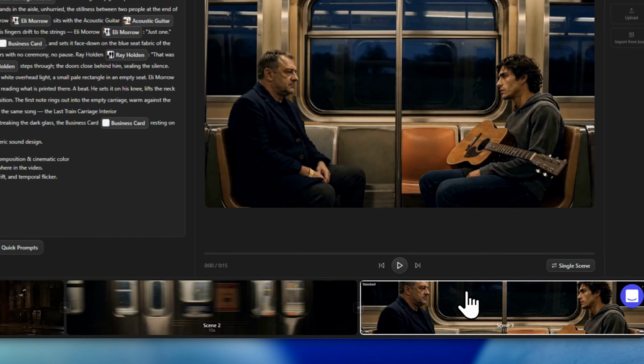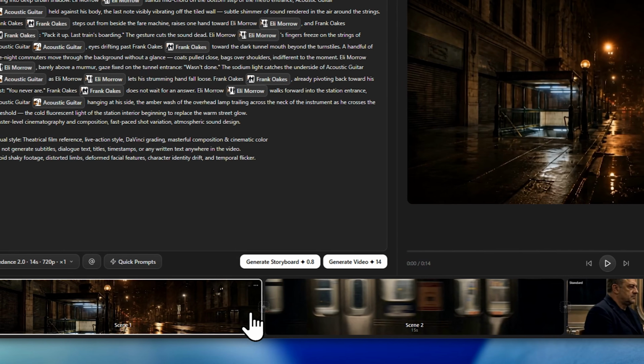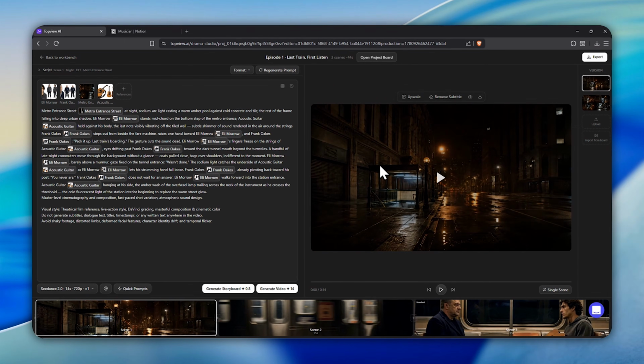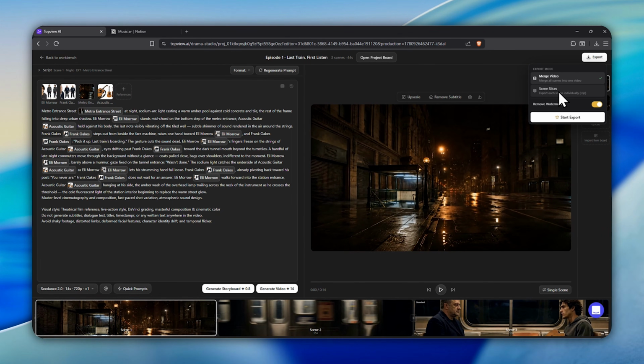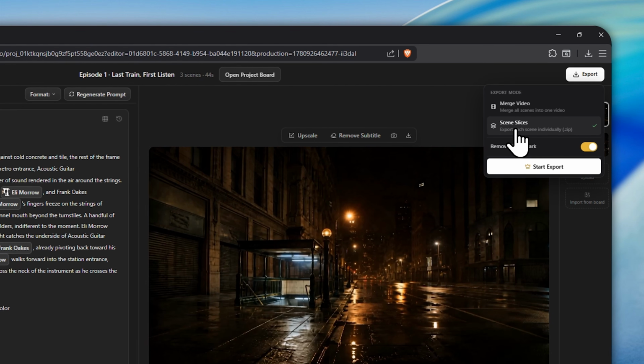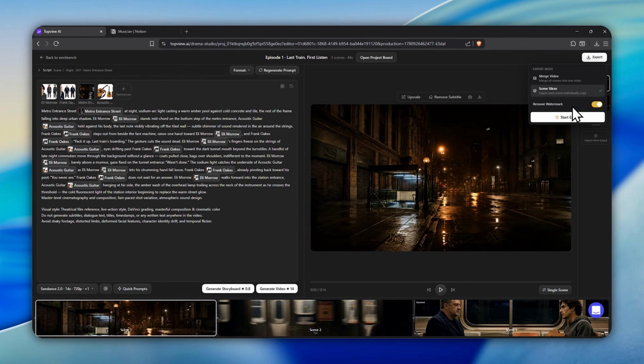Once all 3 generations are done, click the export button. You have the option to export this directly stitched as a merged video, but I chose to download them as sliced scenes. That way, I could easily cut out the scenes I didn't like and clean up any Seedance errors in my editor. I just select the option to remove the watermark and hit start export. So now everything is ready to go, but before I show you the final 40-second film,